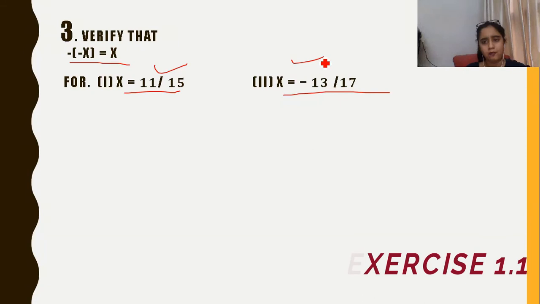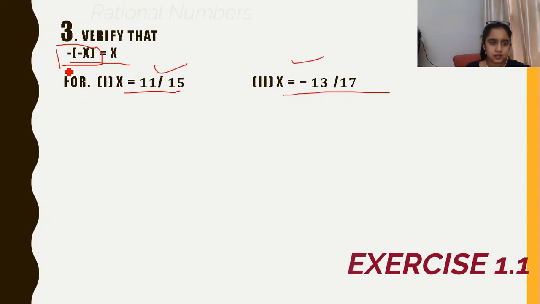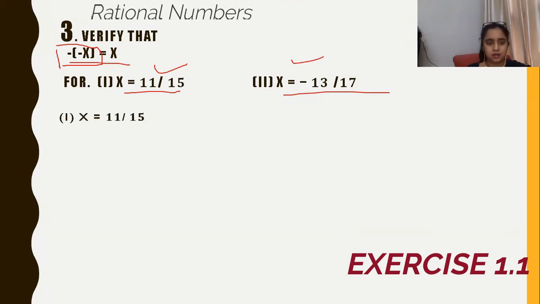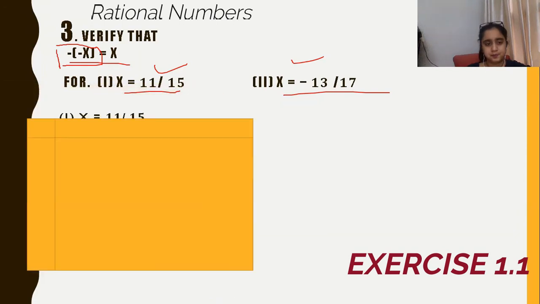What we have to do in this question: this is the left hand side, minus of (minus x). We will solve the left hand side, then we will solve the right hand side, and if both are equal then we will say that this equation is verified. So let's start with the first part, x equals 11 upon 15. The solution is,